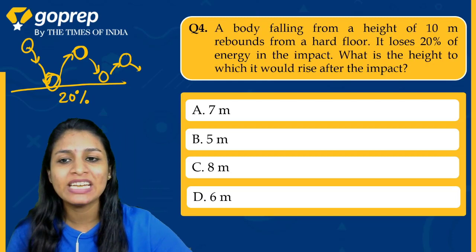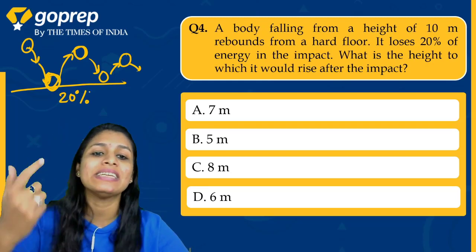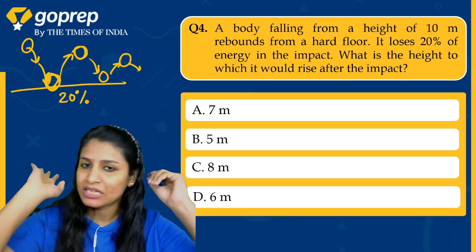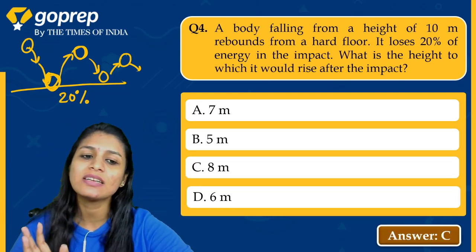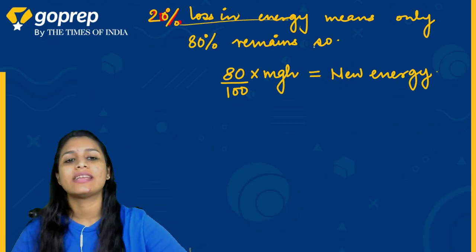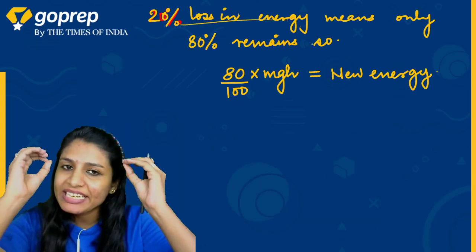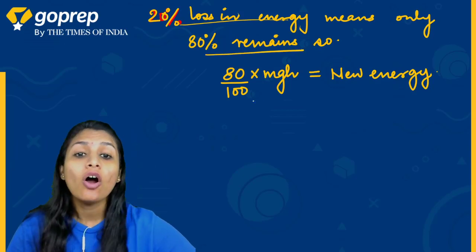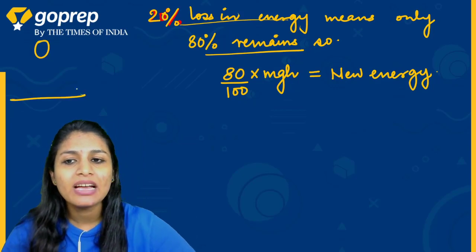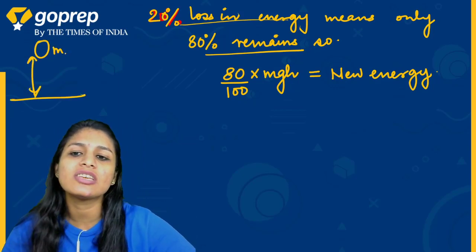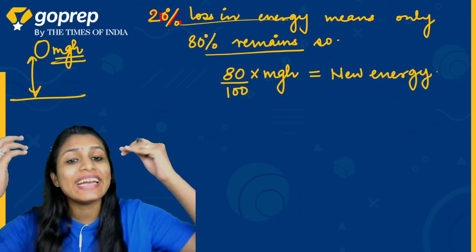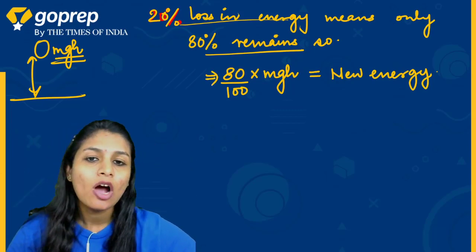तो आपसे बोला जा रहा है जब वो पहली बार टकराई और उसने 20% एनर्जी लूज की, उसके बाद वो किस हाइट तक पहुंचेगी, ठीक है। देखिए इसको कैसे समझना है। अगर उसने 20% एनर्जी लूज करी है, इसका मतलब बच्चों उसके पास 80% एनर्जी बची है, और किसकी 80%, जो उसके पास 10 मीटर की हाइट पे mgh पोटेंशियल एनर्जी थी, उसकी 80% एनर्जी उसके पास बची है।